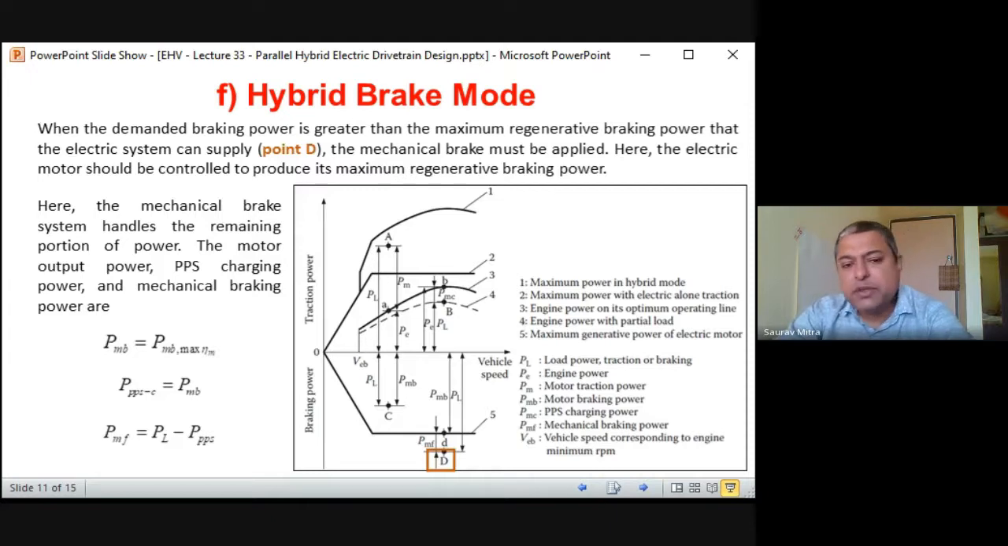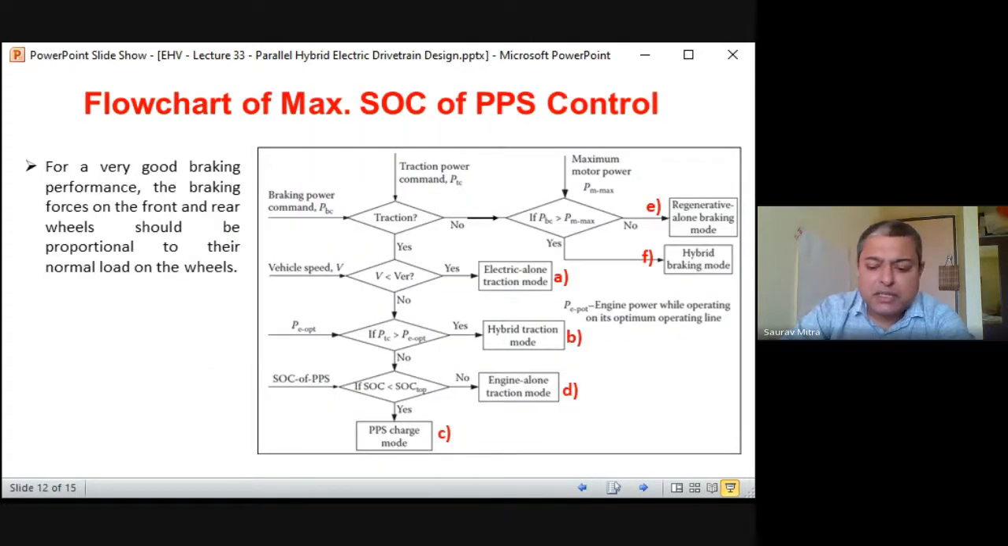In the exam, you have to explain all the 6 together, and for this, these graphs are very important. There is nothing difficult; if you understand all the 6 modes, you'll be able to explain it very properly. So here are the flow charts